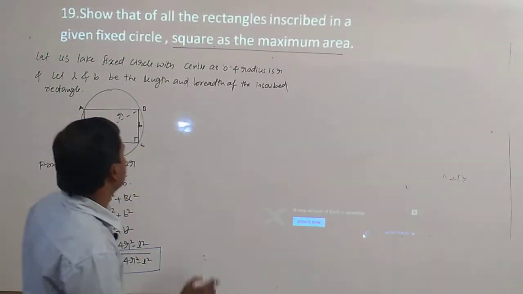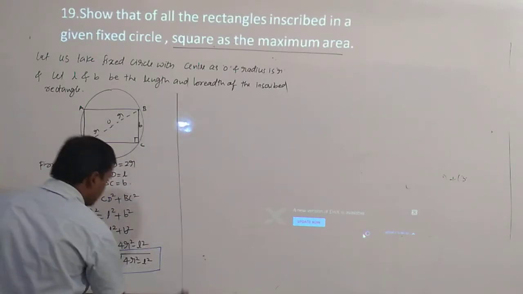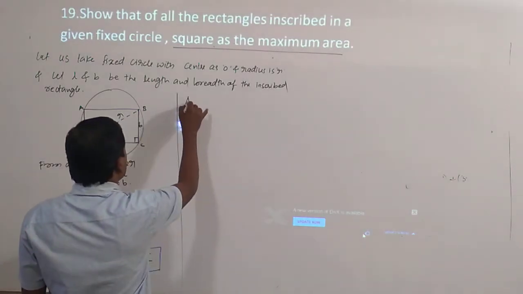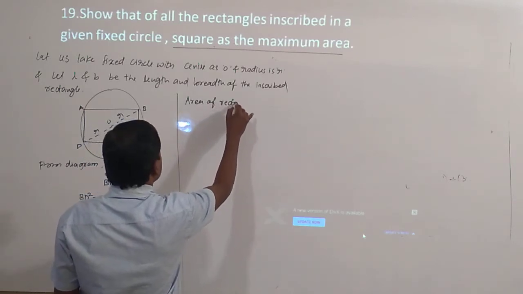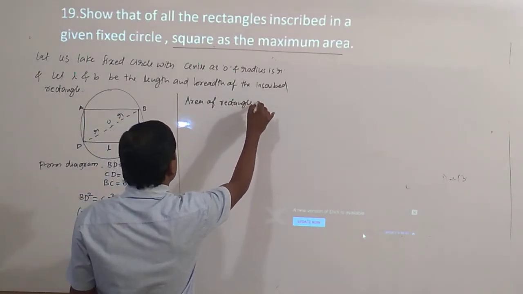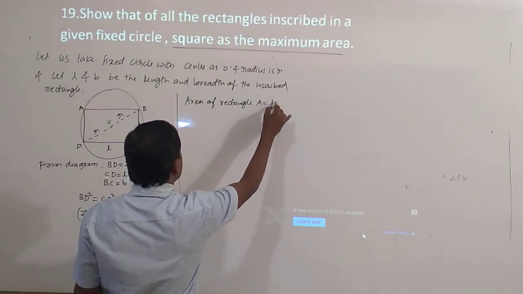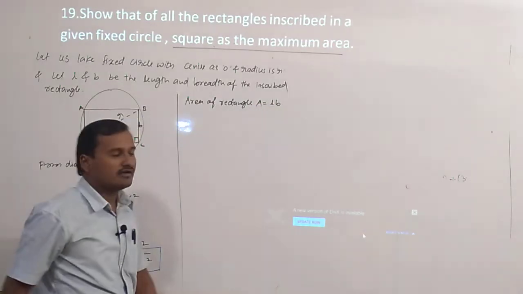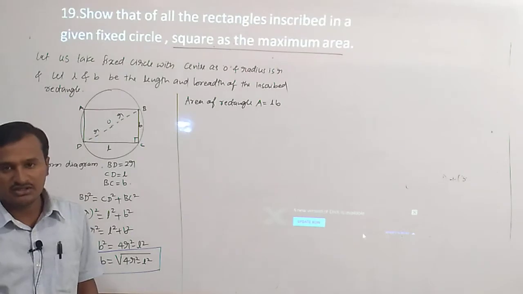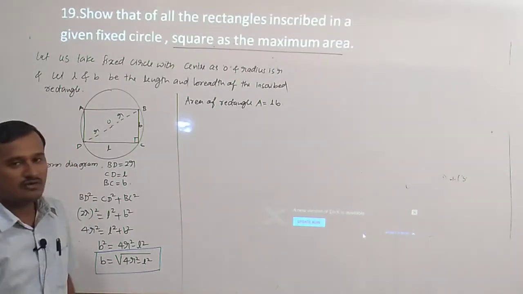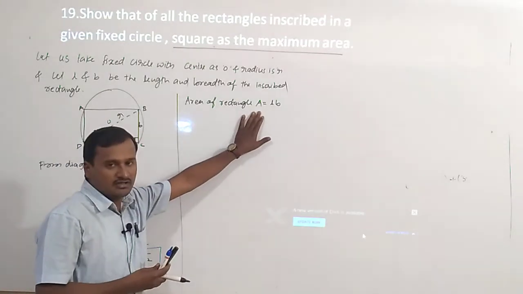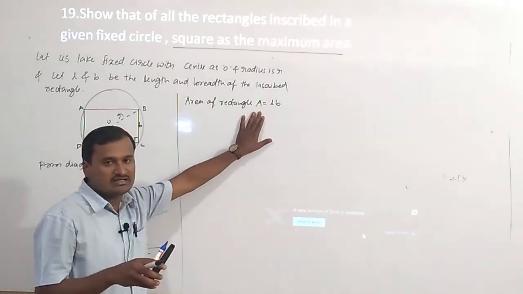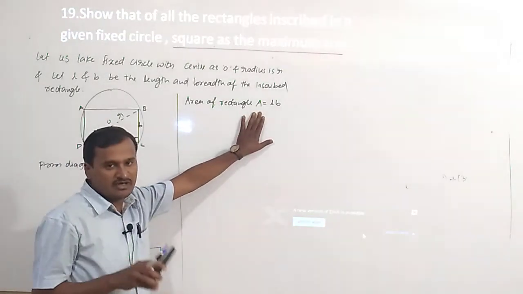Okay, right. So now we will take the area of the rectangle. What is the area of the rectangle? We take length into breadth. Area of the rectangle is equal to length into breadth. Now we are going to prove that the area of the rectangle is maximum only when the